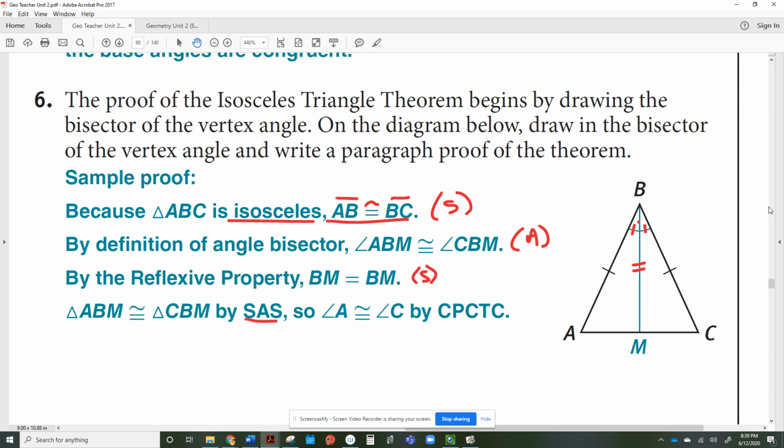As soon as I have two congruent triangles, every piece, and there should be six, there should be three sides and there should be three angles, so every piece of the congruent triangles is also congruent. So angle A right here is congruent to angle C by CPCTC. What does this stand for? Corresponding parts of congruent triangles are congruent. Okay,